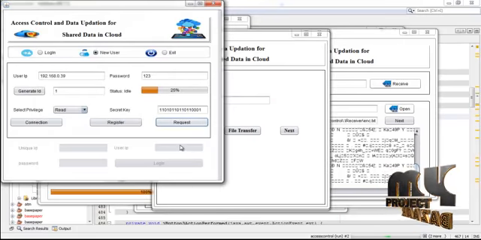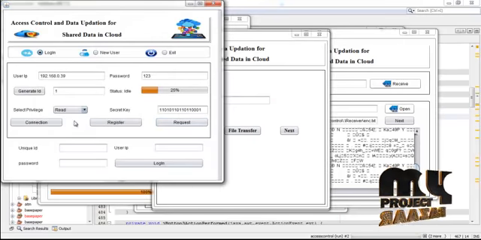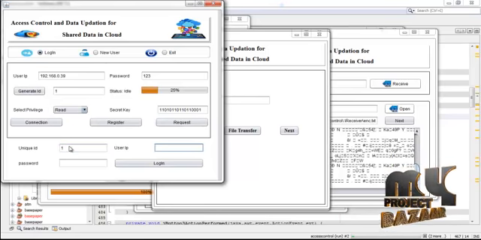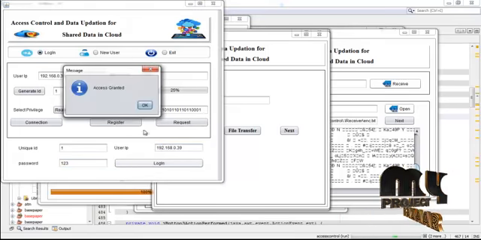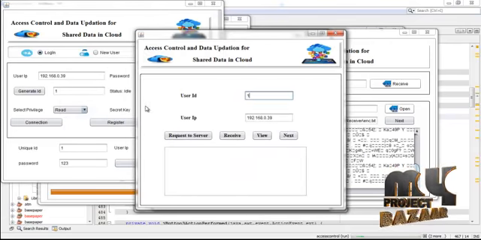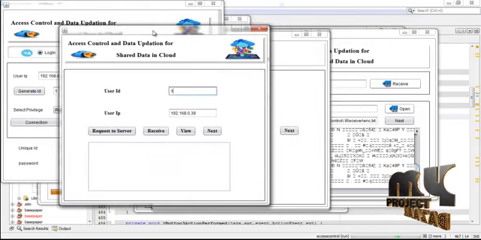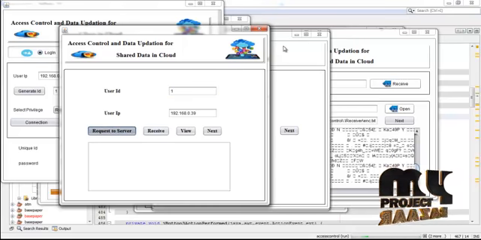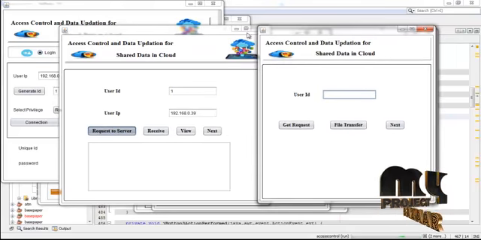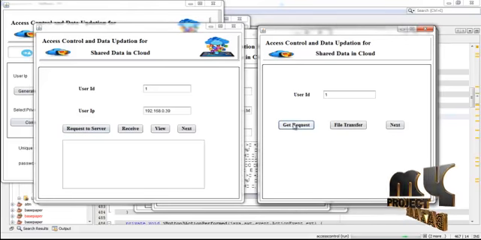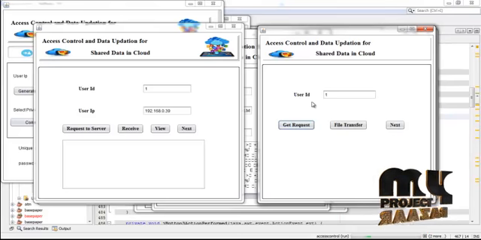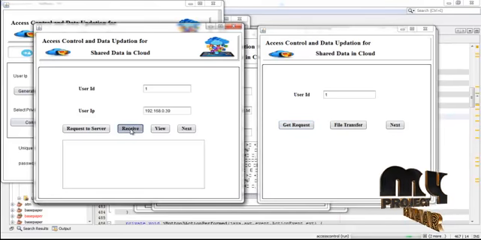For that, go to the client page and then click login. Now enter the user unique ID and then the IP address of the user, and enter the password. Now click login. Now the access is granted to the client. Now press the request to server button, so that the request is sent to the server, and then click get request. The server gets the request from user 1, and then the client is ready to receive the file,